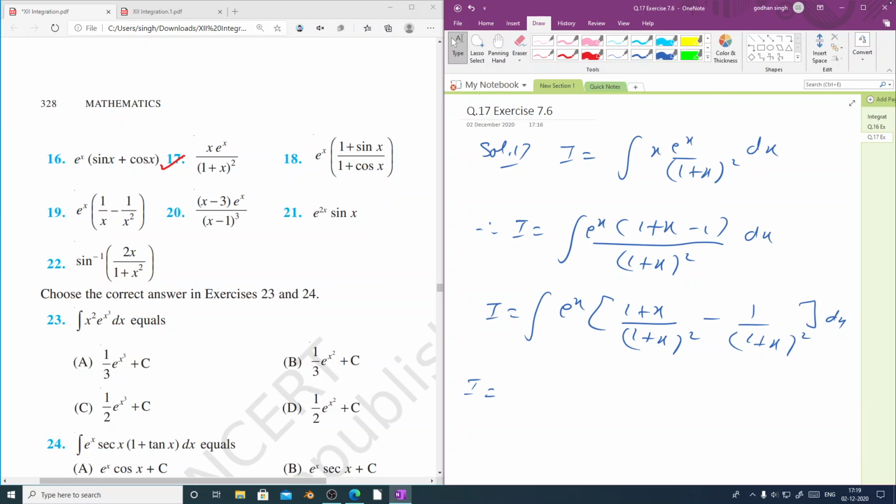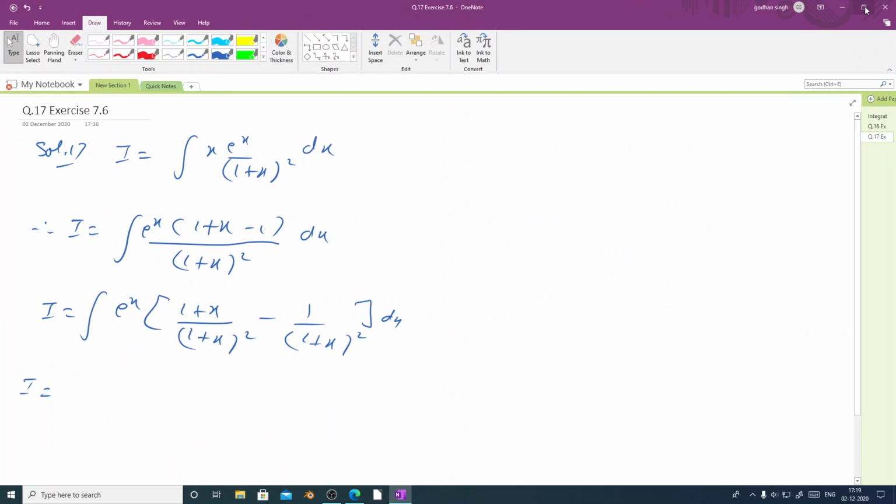Let us just expand this one. So we are getting I equal to the integration of e raised to x multiplying [1 over (1 plus x) minus 1 over (1 plus x) whole square]